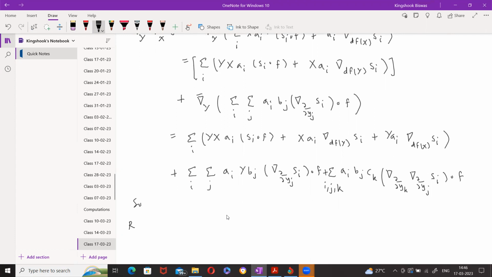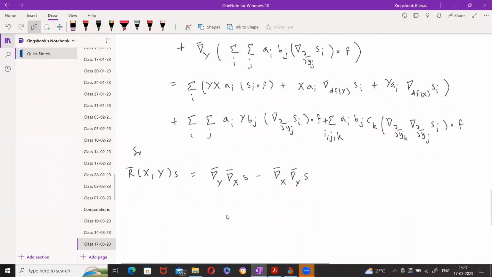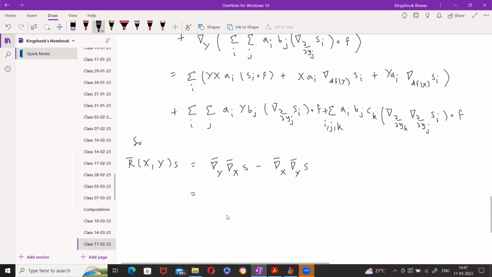Okay, so R bar of x y of s, what is this? This is nabla bar y nabla bar x s minus nabla bar x nabla bar y s, right? So this first part will vanish. What will remain is the second part. So what happens to the second part? Let's look at this last term here. There I'll get a sum over i, j, k, and just the orders of these del y_k, del y_j will interchange, right? So I'll have a_i,